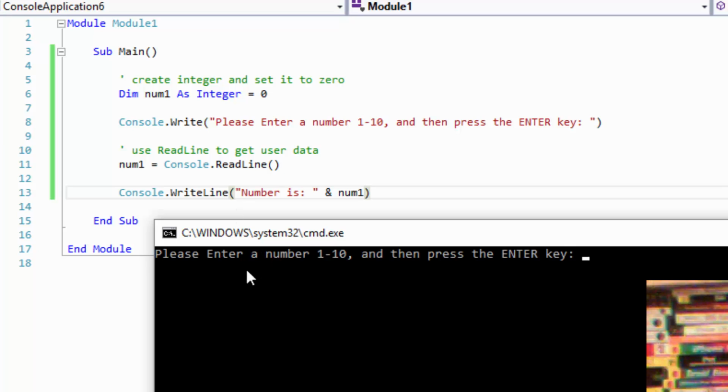And we put the text here. You have to explain to the user what you want, because there's no buttons and forms to put text on. So you have to put the text on the screen to explain to the user what you want them to do. So here it says, please enter a number from 1 to 10 and then press the enter key. So we'll press the number 7, and you can see just by pressing a 7 that doesn't do nothing, right? You still have to press the enter key. So press the enter key,